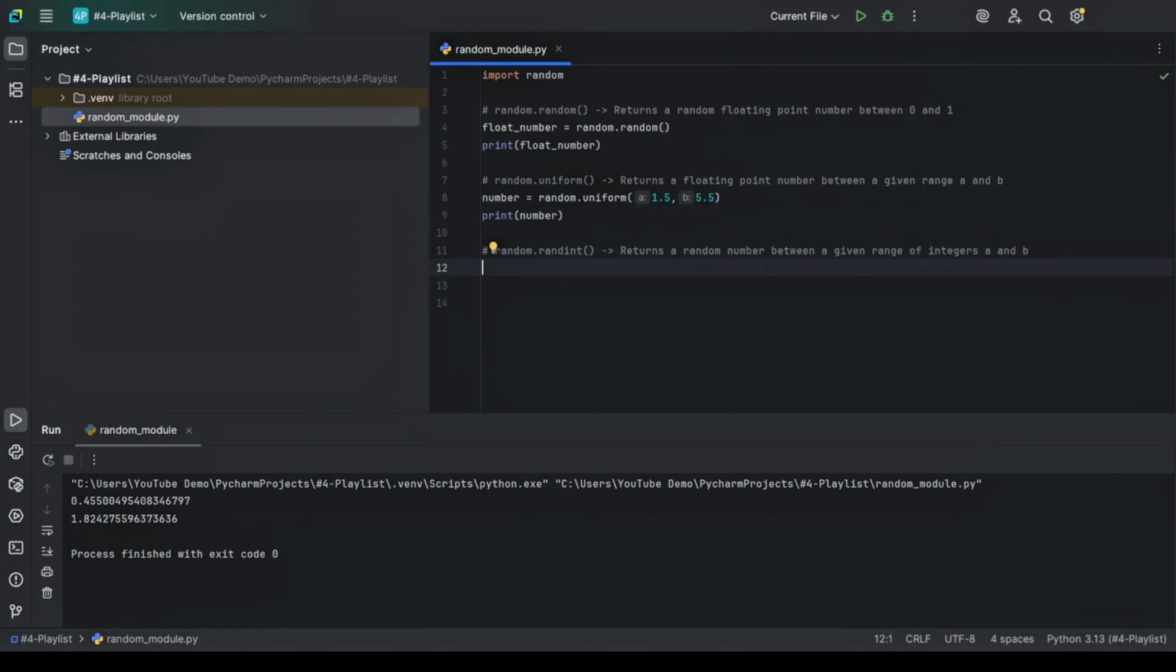And lastly, we have the random.randint, which returns a number between a given range of integers a and b. To use this, let's say we have a variable called random integer, and we assign it with an equal sign to this random.randint function. And we said it returns a random integer between the range a and b. So in this random.randint, we are expected to pass integers in this function. In my case, I'll be passing the range 1 to 10. So when I put the 1 to 10,